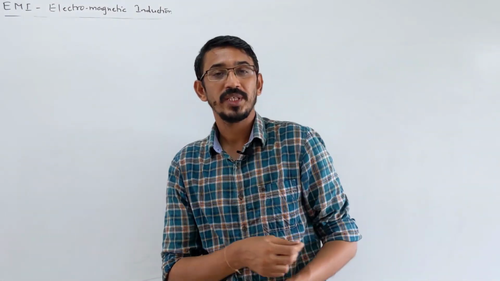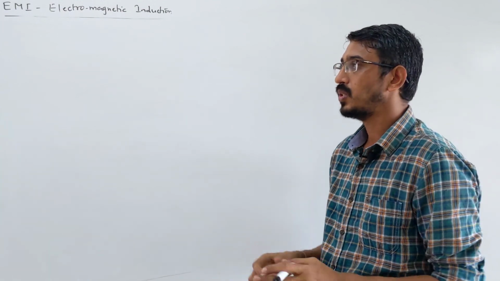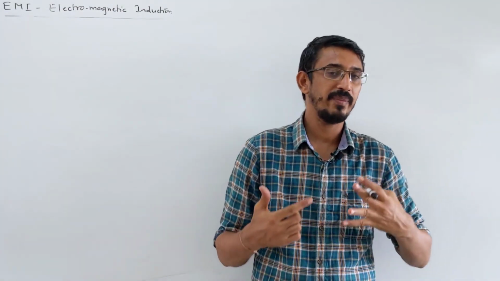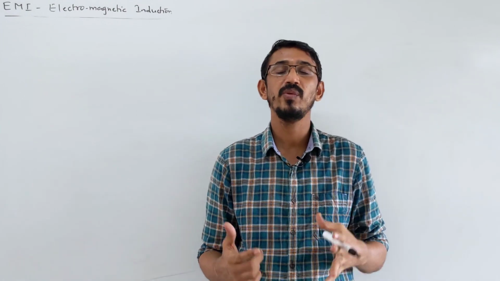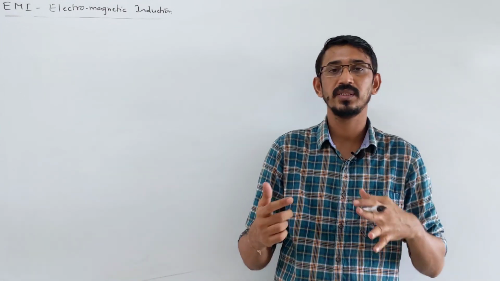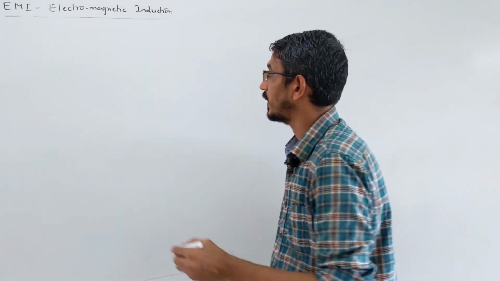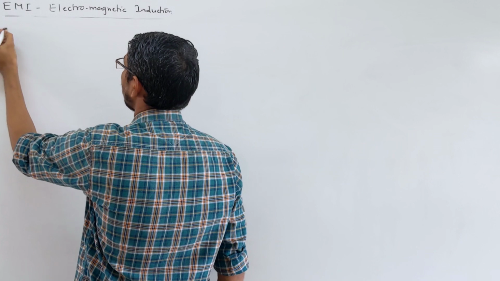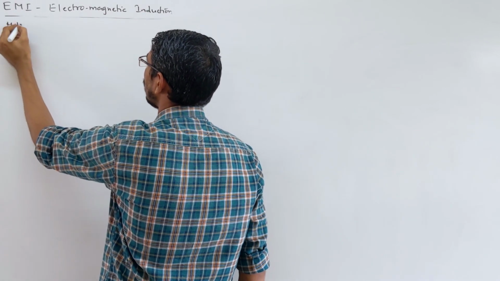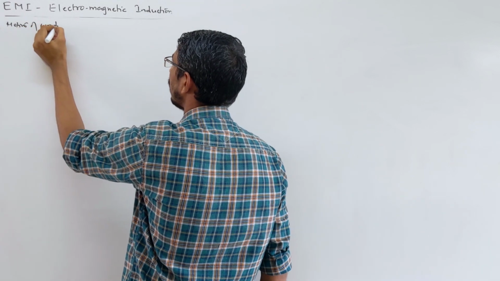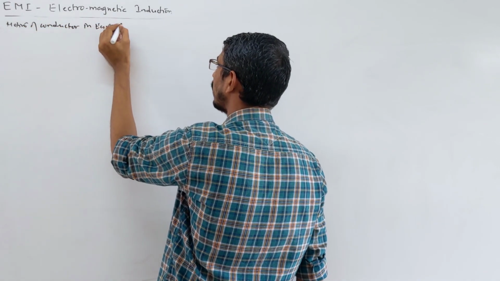So we are talking some more examples where EMF is induced due to motion. In the pattern that I am talking about right now, the magnetic field will be due to the Earth. We'll talk about Earth's magnetic field, horizontal component and vertical component. Let's see how it asks. So first, the heading I should write is: motion of conductor in Earth's magnetic field.